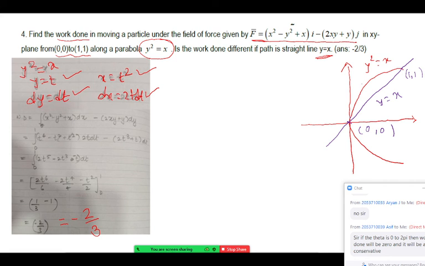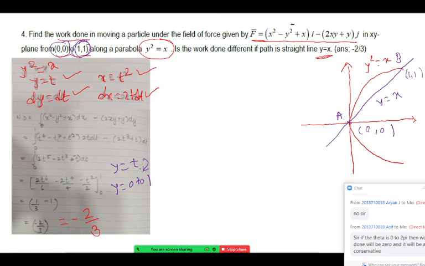Now important thing, this is moving from point A to the point B, that is 0 0 to 1 1. You will observe how to give the limits for t. That is the important thing again. The limits of t are 0 to 1 because what is the value of y? y is equal to t. And you will observe y is varying from 0 to 1 because limits were given 0 0 to 1 1. It indicates y varies from 0 to 1, so t also varies from 0 to 1. So that way you can get the limits for parameter t.